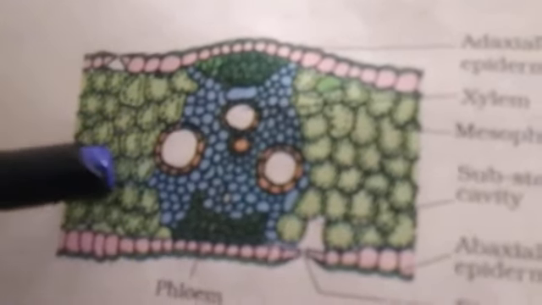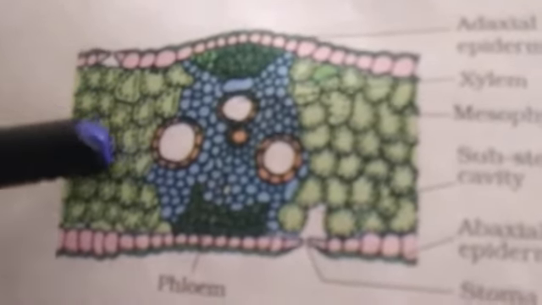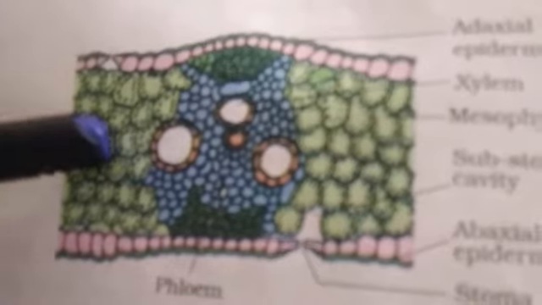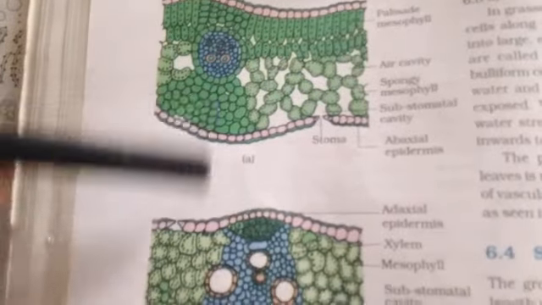Now, if we go on to the isobilateral leaf or monocot leaf, there also the upper and lower epidermis does not contain any green cells except the guard cells. But inside this there is the mesophyll tissue, which is not differentiated but contains lots of chloroplasts, so it is green in color and is the main region for photosynthesis. So in both cases the cells are richly supplied with chloroplasts.